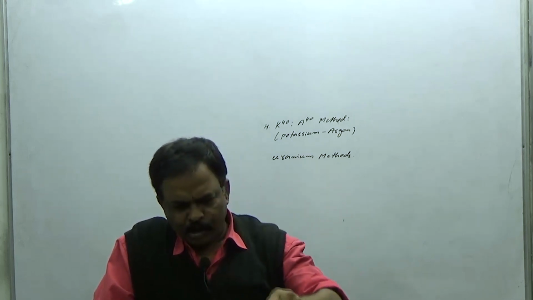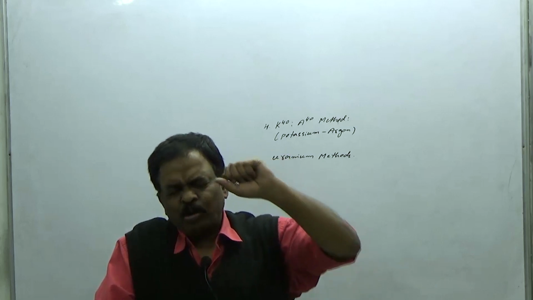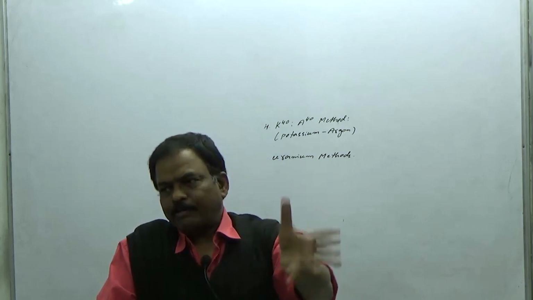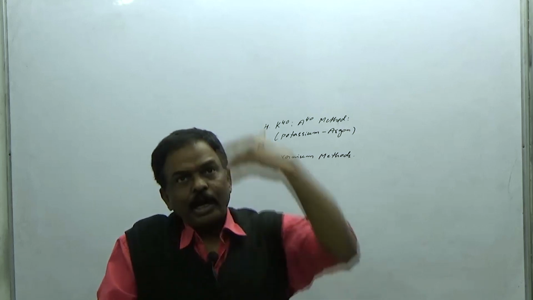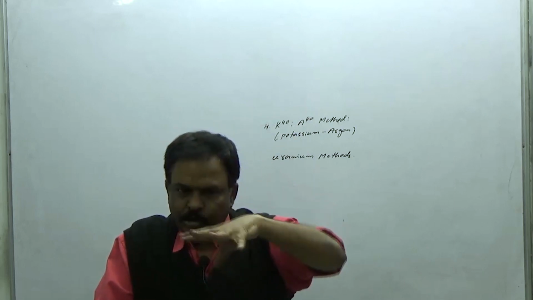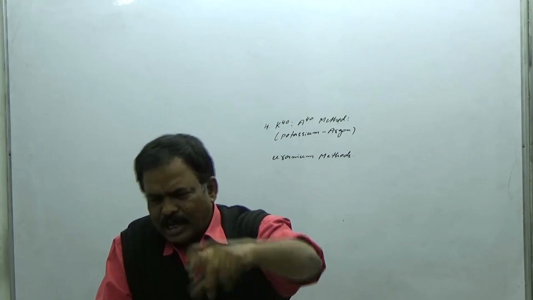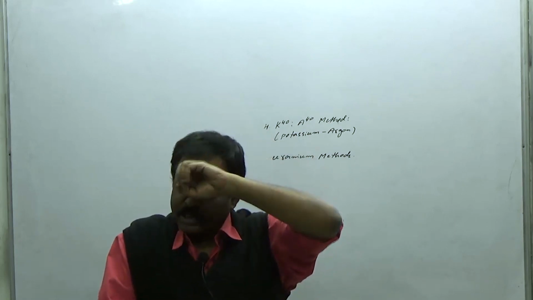In that magma and lava, this K40 is abundantly present in the molten rock material. After coming out, definitely in that magma, all gases, airs, minerals, metals, everything is there, A to Z,